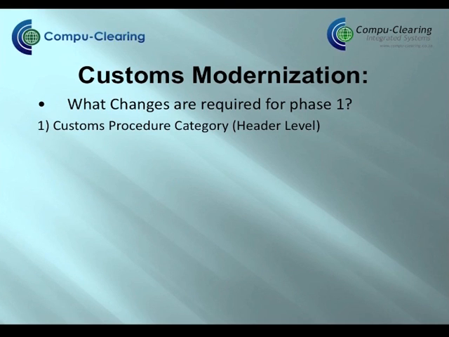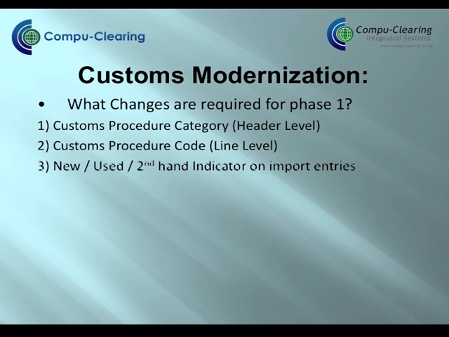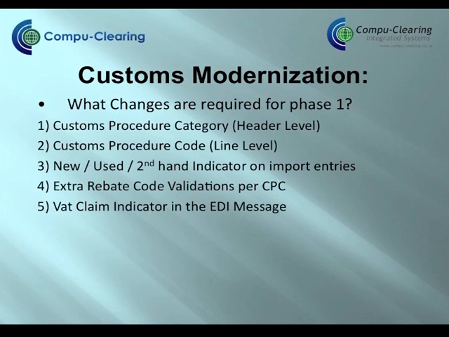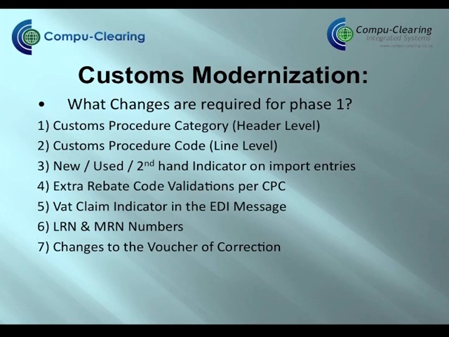Firstly, you've got the customs procedure category codes at header level, then the customs procedure codes at line level, the new use second-hand indicator on import entries, the extra rebate code validations per CPC, the VAT claim indicator in the EDI message, LRN and MRN numbers, changes to the voucher of correction,